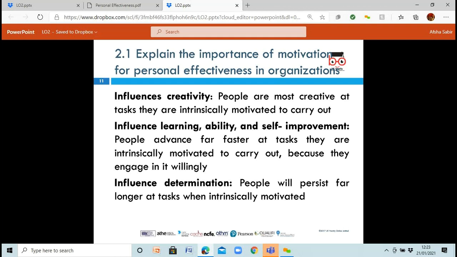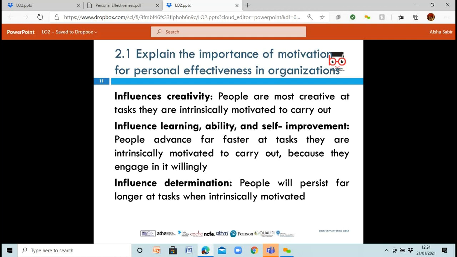So motivation will also influence learning, ability, and self-improvement. So when you're motivated, you want to advance faster. You want to learn new things because intrinsically, so inside, you're actually happy to be focusing on your tasks, on your goals. So you're working towards them because you really want to reach that end destination. And then the last point is influence. The motivation influences determination.